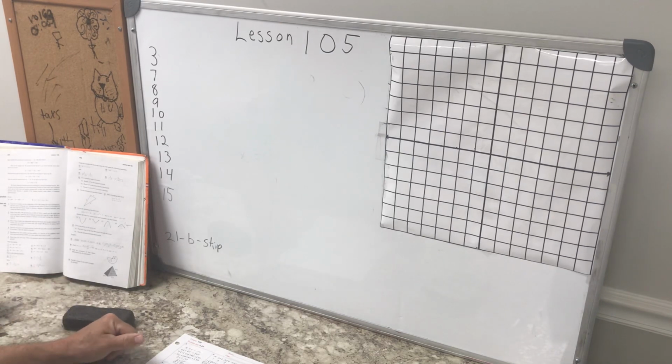The new problems that we have for lesson 105 are 7 through 12. That's 6 problems, so I'll be doing most of that today, and a few of the others. We'll start off on number 3. Number 3 is